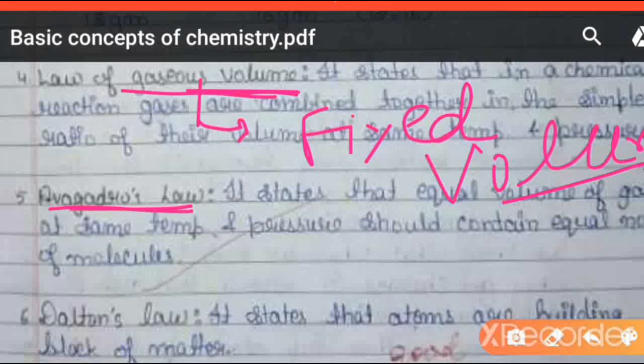Next one is Avogadro's law. You have studied about the Avogadro's constant. That Avogadro's constant says that 6.023 × 10^23 molecules or particles are there in 1 mole, right? So what Avogadro's law states is that equal volumes of gases contain an equal number of molecules, right? If we consider 1 mole of anything, that contains Avogadro number, so that is 6.023 × 10^23 particles. If we consider 1 mole's volume of any gas, then the molecules are the same, right?